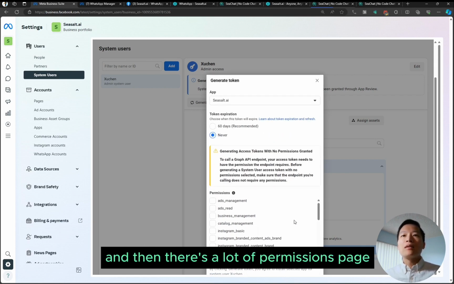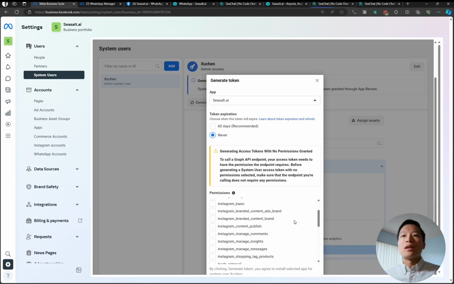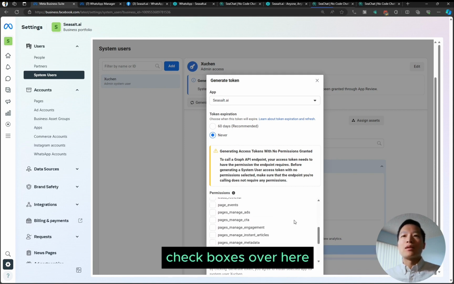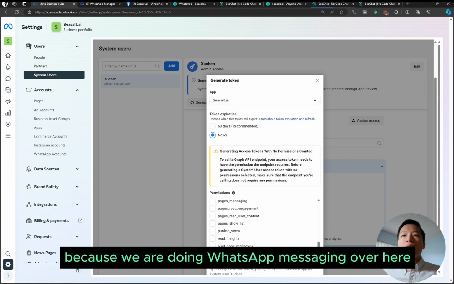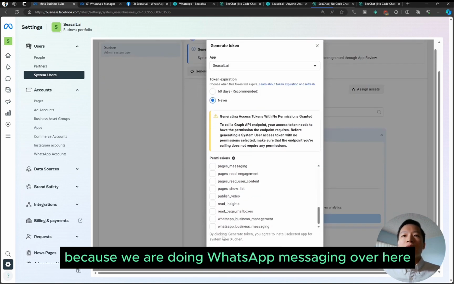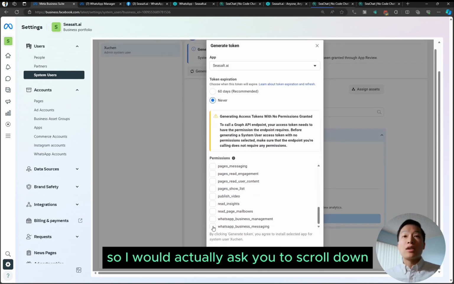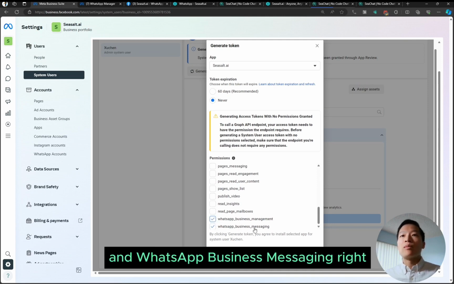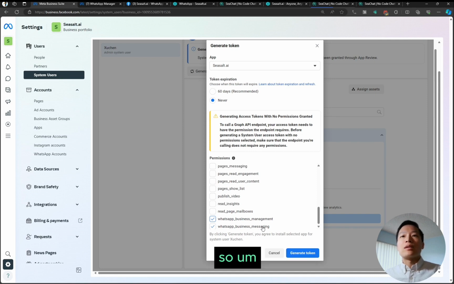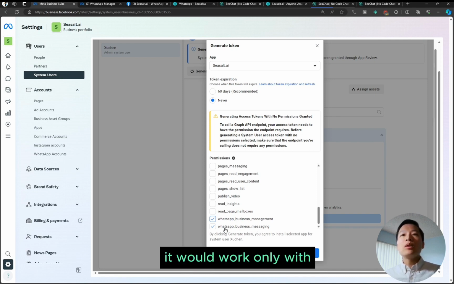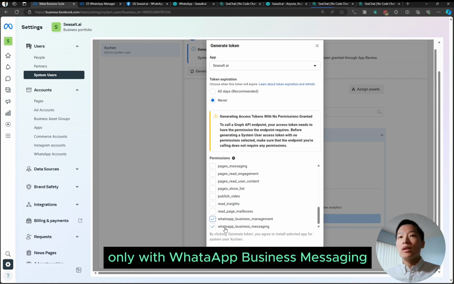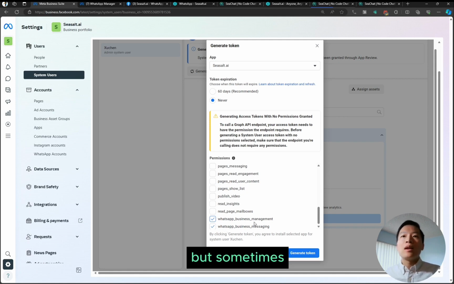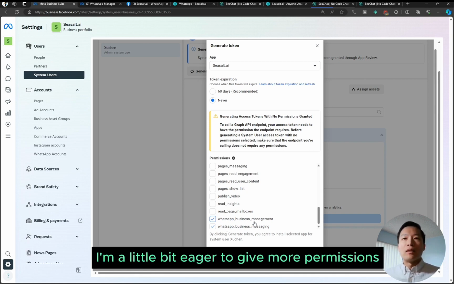And then there's a lot of permissions checkboxes over here, because we are doing WhatsApp messaging. I would suggest you scroll all the way down to the bottom and click on WhatsApp Business Management and WhatsApp Business Messaging, right? It would work with only WhatsApp Business Messaging, but sometimes I'm a little bit eager to give more permissions, right?